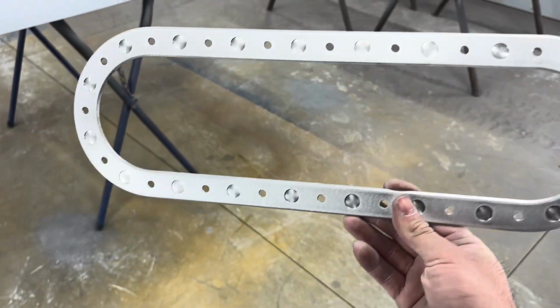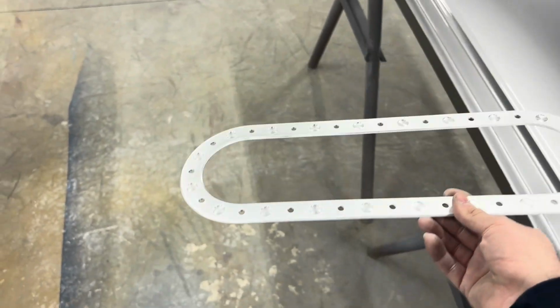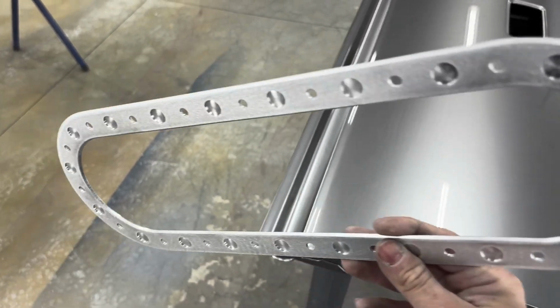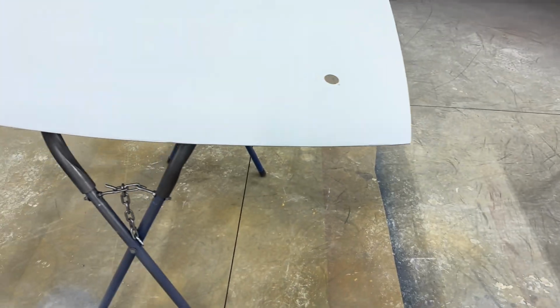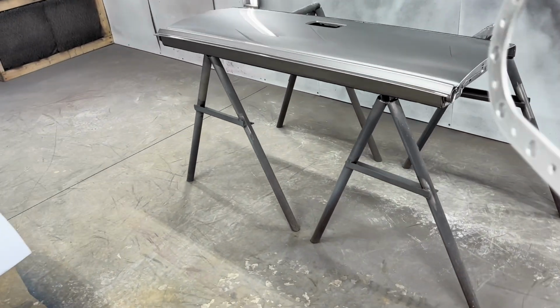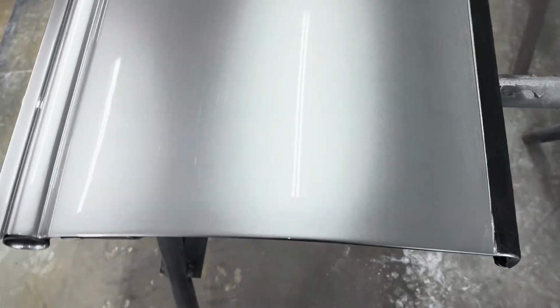He also wants the trim ring that goes on the front bumper to be painted the same color as the truck. So I sanded it, and I'm going to be painting it with these. So this should be the last things I paint. I just wanted to share with you on that before I just did it and just didn't say anything to you, because